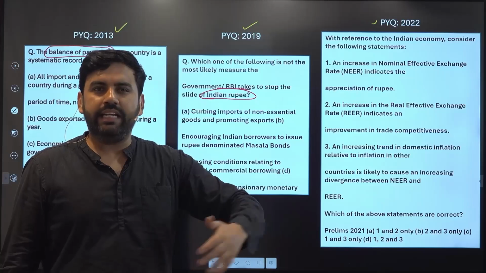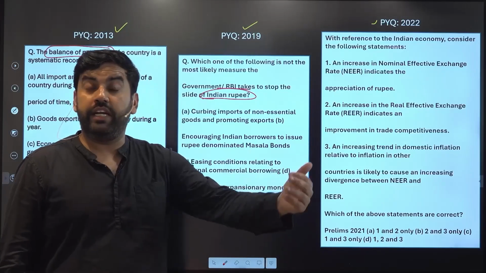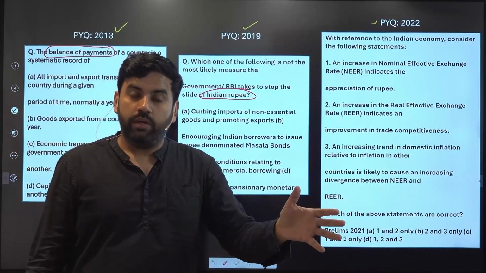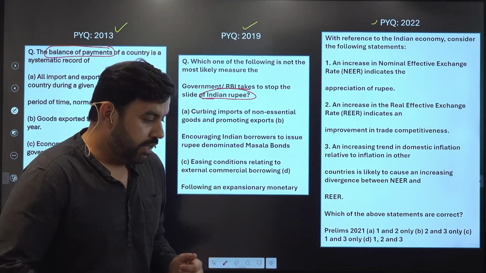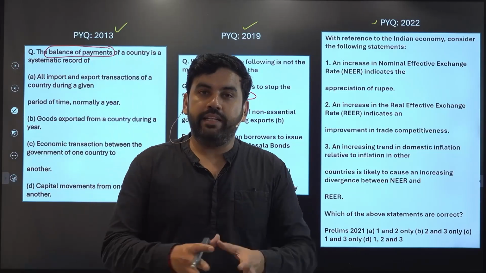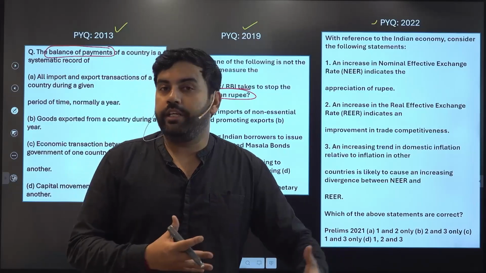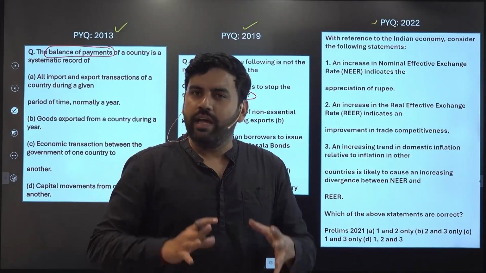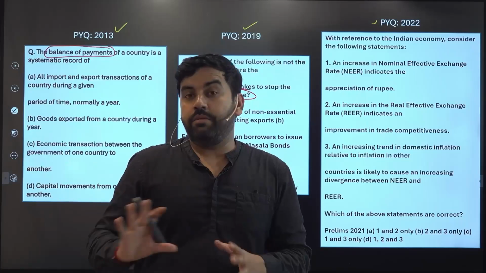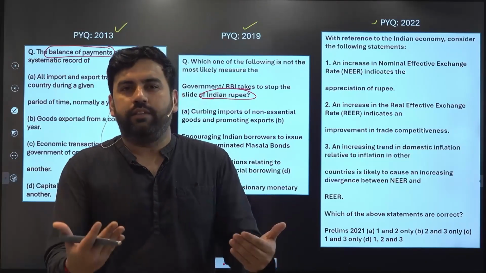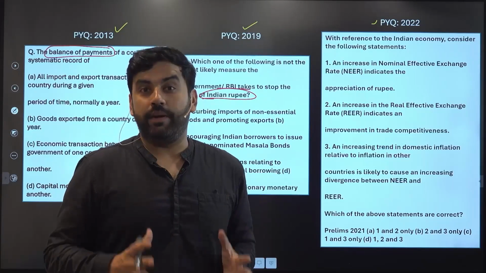Now, the Indian rupee has been thoroughly in the current affairs in the last year. It has crossed 80, 83, 85, reached 86 per dollar, and our Finance Minister Nirmala Sitharaman has been persuading the entire population, saying that this depreciation in the Indian rupee has been mostly in terms of the dollar, and against other currencies it has been mostly stable. Now, what does it mean? That is what we are going to cover.